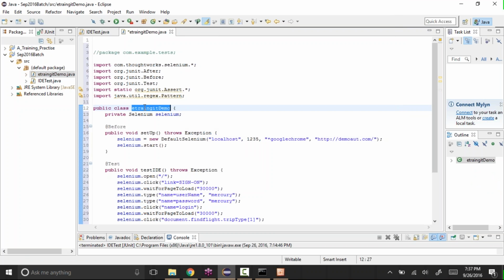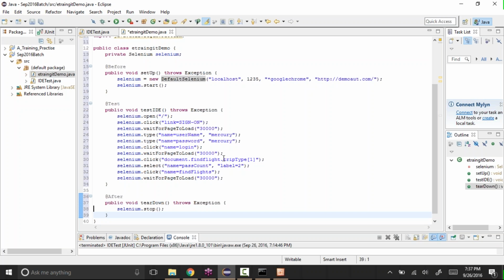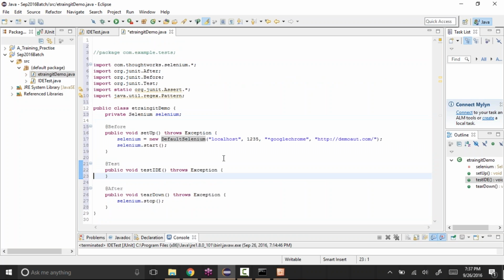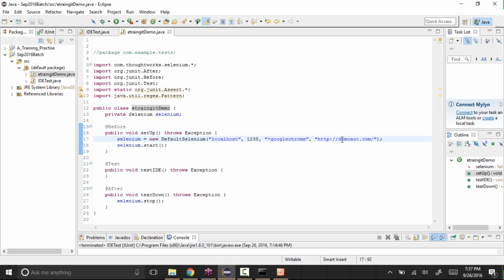Okay, see, etraining IT demo, and then I can have this one here, and let's change this code. This is what it is. I copied everything and just changed the name of the class. I kept the setup like that because we also want to open a browser. So instead of demoaut.com, let's say we want to open a different URL. So HTTP, I can give it as